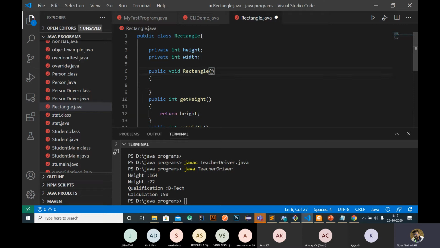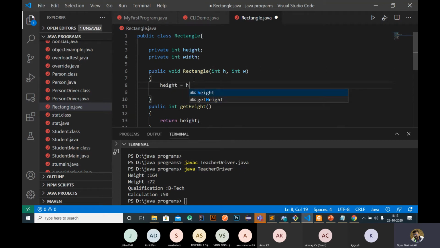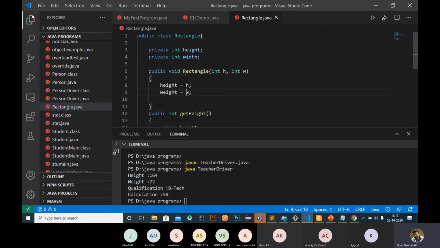Inside this constructor method, I am passing my height as h and my width as w, then I'm saving this as height equal to h and width equal to w. So I am using a constructor for initializing or setting the values of height and width.